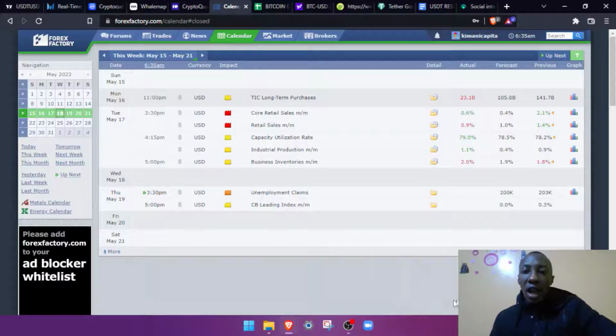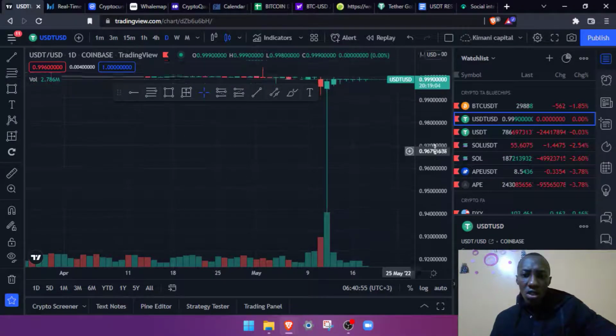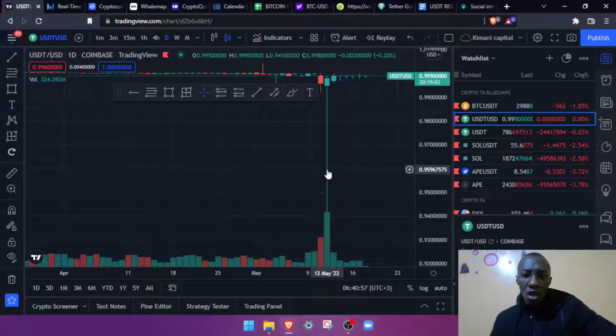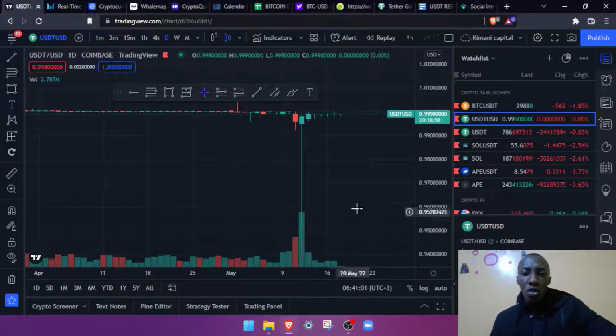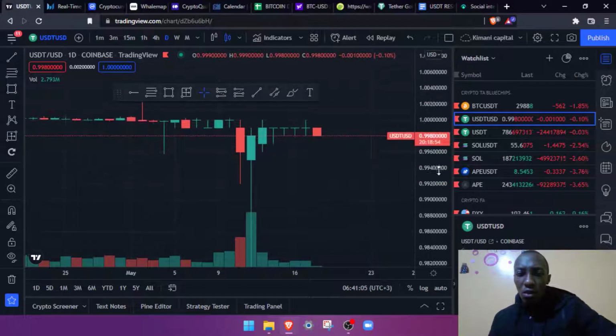Having said that, guys, that means there's a lot of bad news that has already been priced in. We have seen the Luna crash last week. We are seeing even USDT depeg a little bit last week. We are seeing another stablecoin called Dai also depeg, and you can see here very well in this USDT chart. On 12th May, we depegged to 0.94, which happened in a span of like an hour,